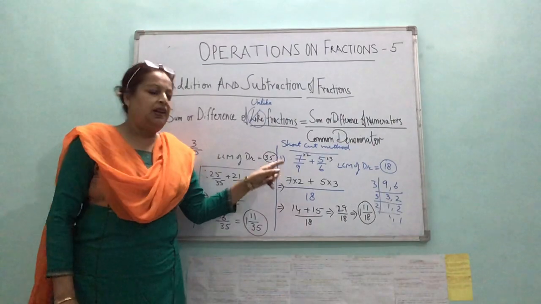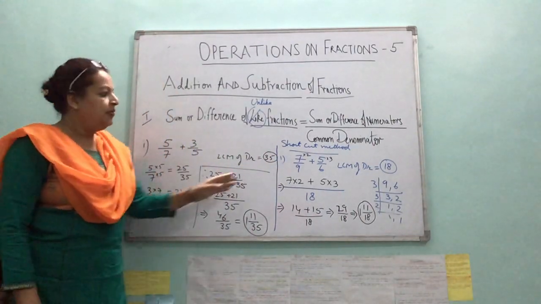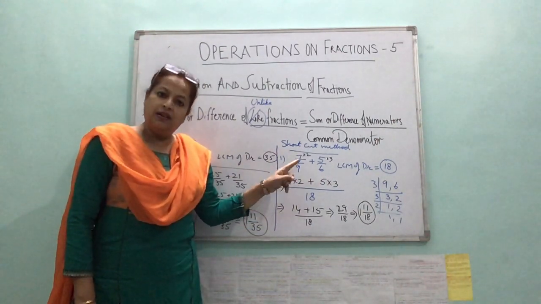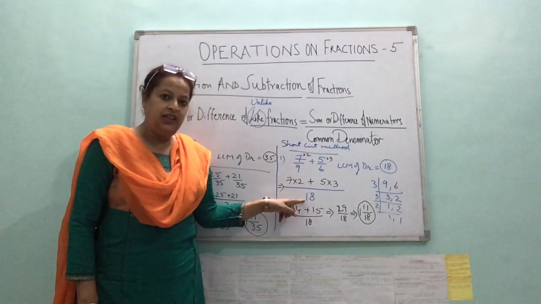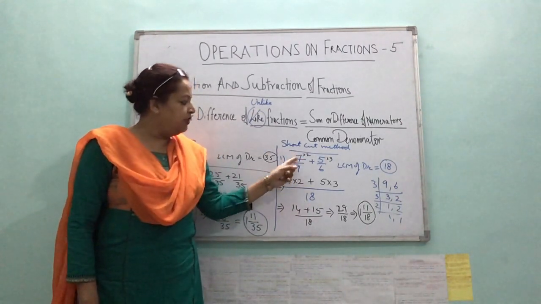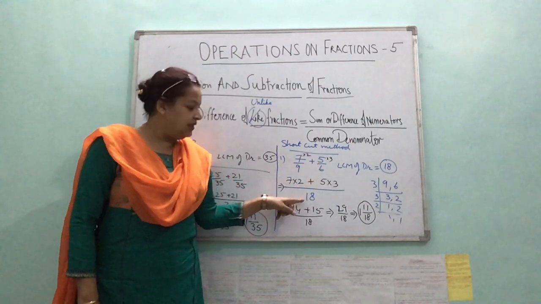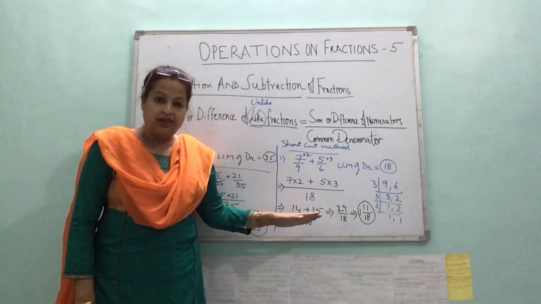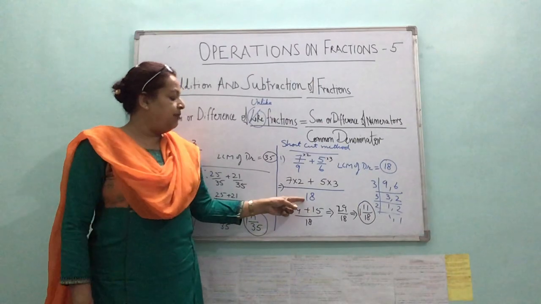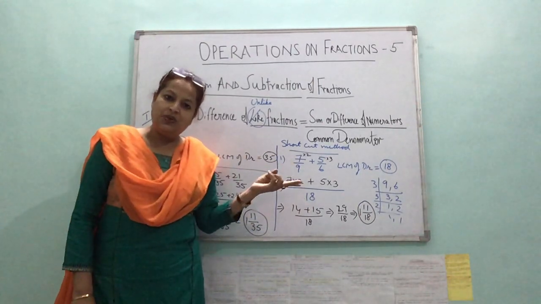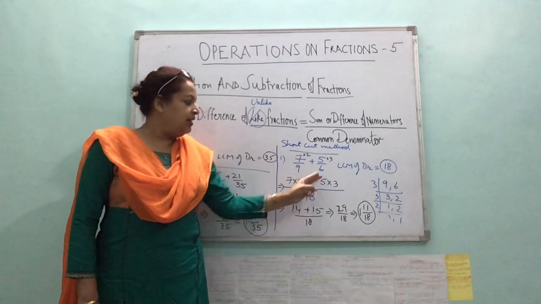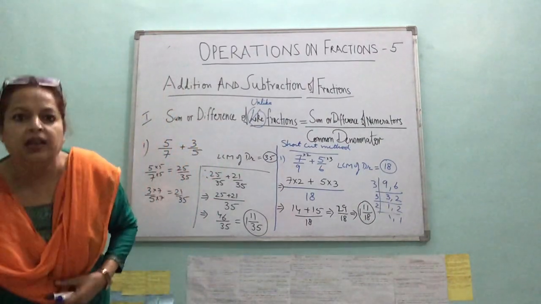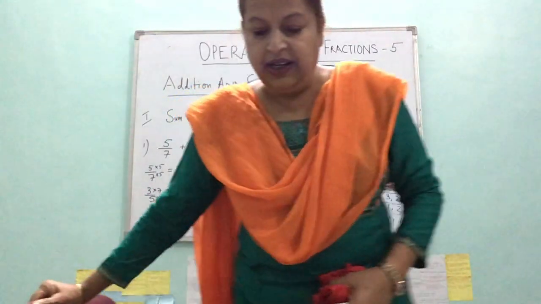So this is the shortcut method, where instead of writing separately, find the LCM of the denominators, children, and then 9 into what gives 18? So 9, 2 times is 18, so multiply the numerator by 2. 6, how many times is 18? 6, 3 times. This is all to be done mentally, so multiply by 3. And if you have difficulty knowing how many times it goes, then divide 18 by 9. You will know 9 goes 2 times. So multiply by 2. Divide 18 by 6. 6 goes 3 times. Multiply by 3. Right, children? So this would be our work today.